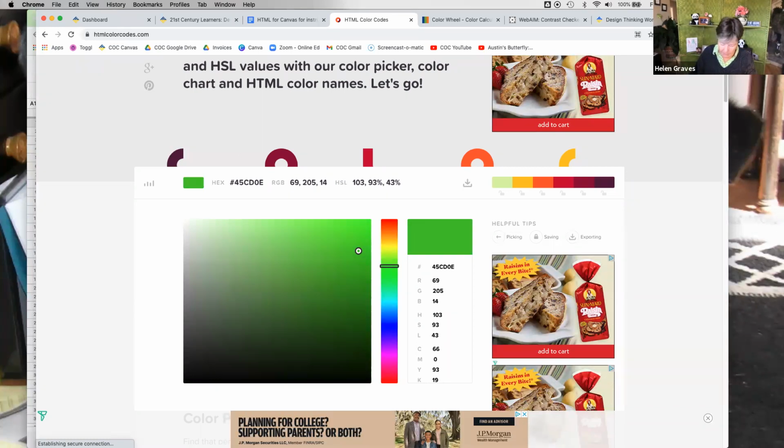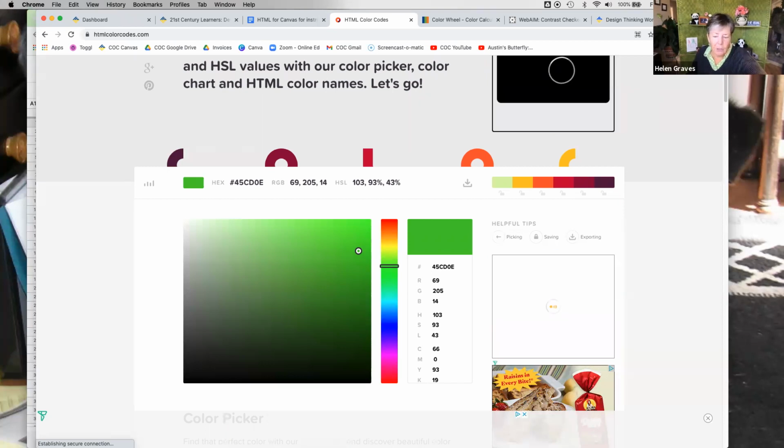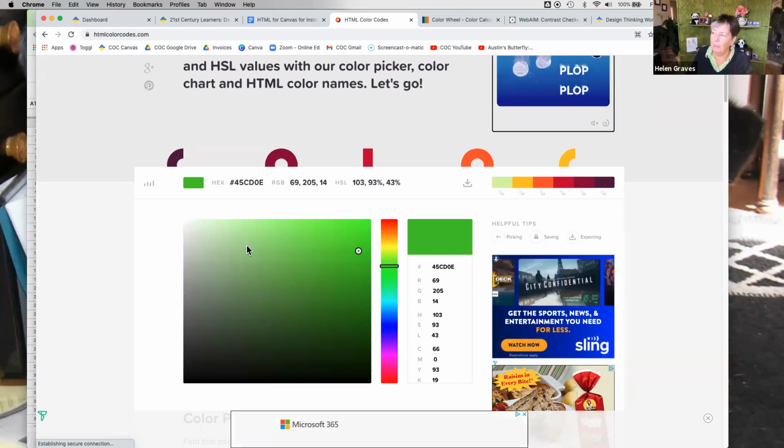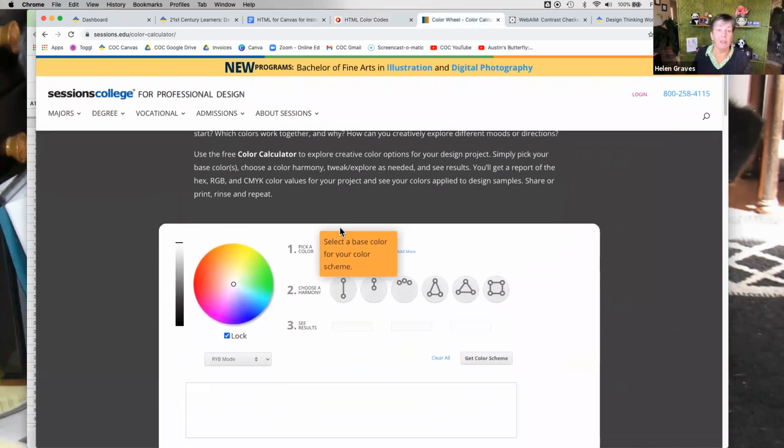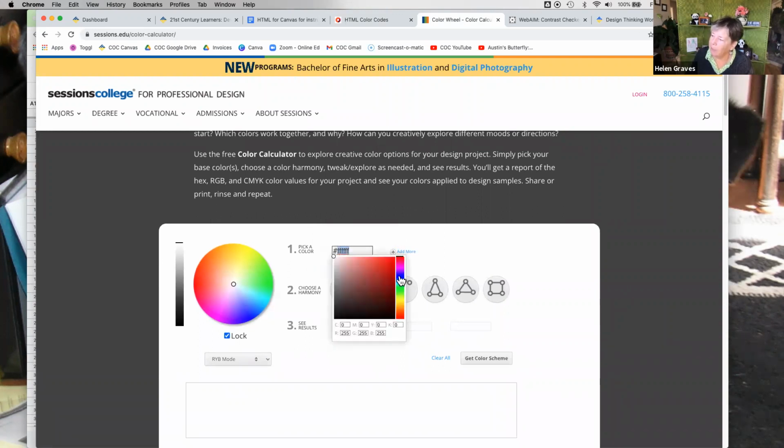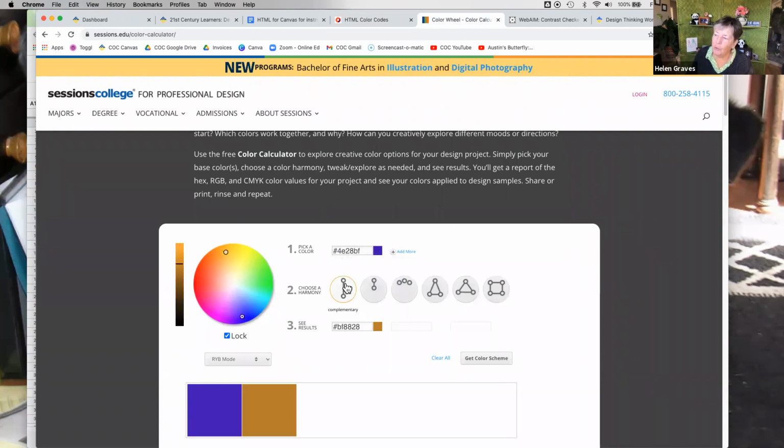I'm going to put this in the chat for you so you can open it up and then bookmark it for later. This is one I like to use because it helps me if I want to have a theme of more than one color. I could start with a hexadecimal color, and I've got my sliders. So I can say I want to start with that color and then I can choose a harmony or find monochromatic. So it's a way of finding complementary colors if I'm not a design person and I'm kind of lazy.